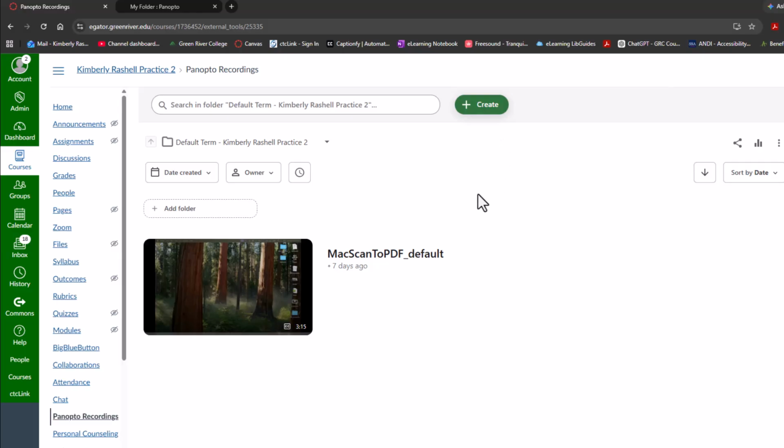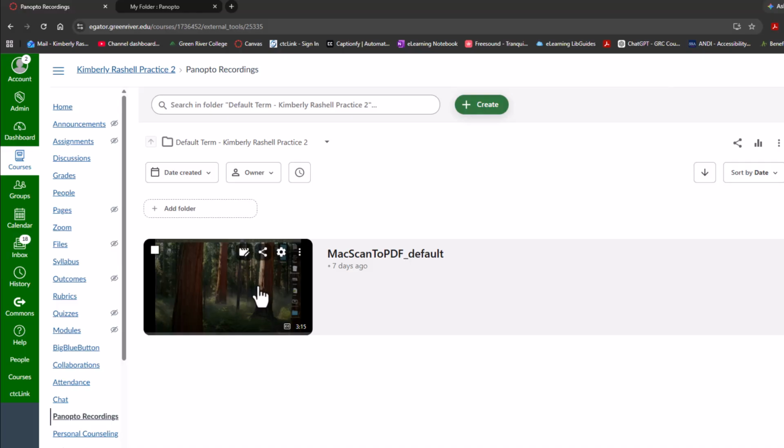However, if you want to reuse videos in the future, it can present some technological challenges in how Canvas copies shells. To make it easier to share videos across quarters and make it easier for Canvas to copy shells, it's best practice to move videos you plan to reuse to a new Panopto folder that's associated to you instead of a single Canvas shell. To do this, we need to create new folders in Panopto.